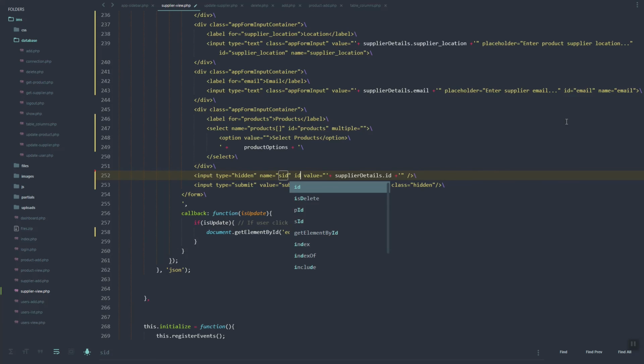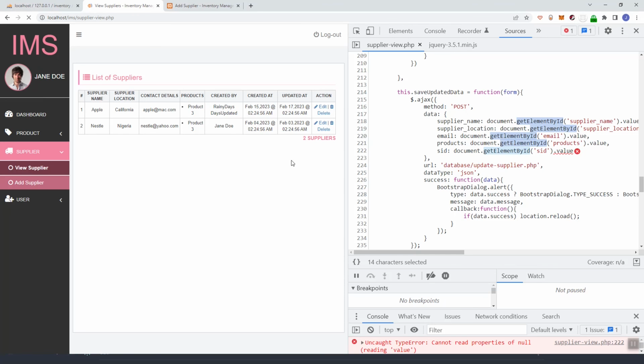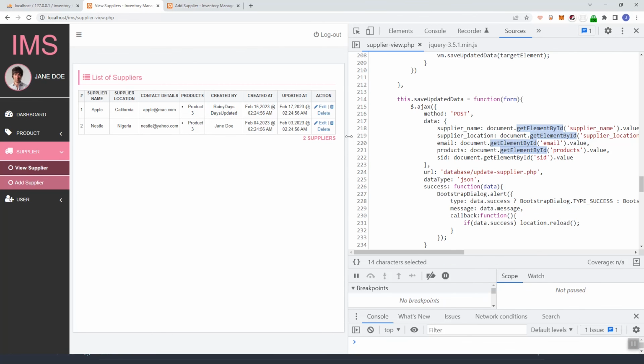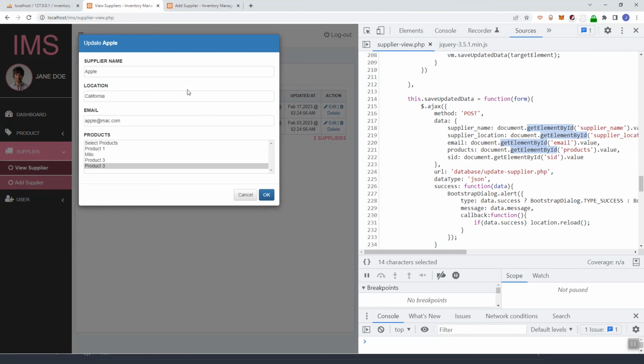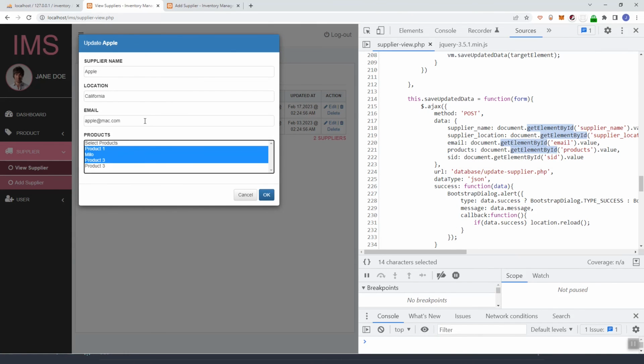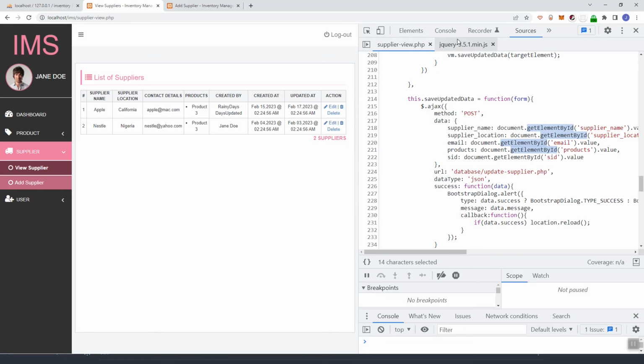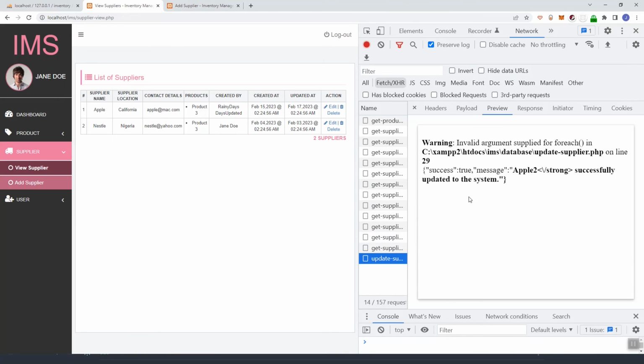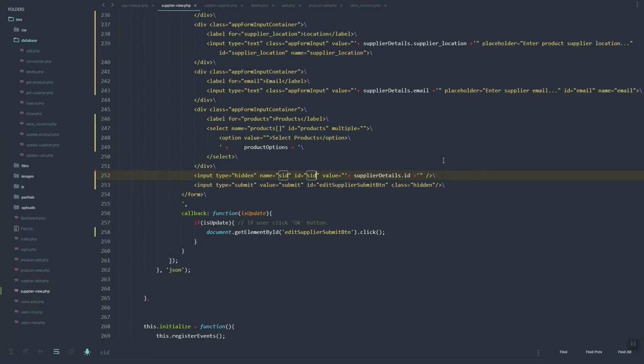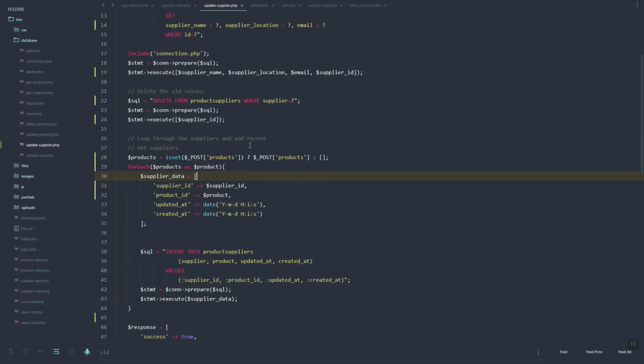We have that input, but we need to set the ID value or the name of the ID. So let's try again. 222. Still not working. I think it's in the update supplier for each on line 29. So line 29,